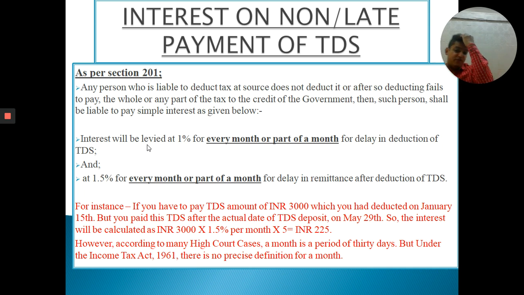1% or 1.5%. Well, let's take an example. If you have to pay a TDS amount of rupees 3,000, which we have deducted in January, but paid this TDS after the actual date of TDS deposit, that is 29th May, so the interest will be calculated at 3,000 into 1.5% into 5 months. Well, the due dates of deposit of the amount of TDS deducted per month we will be studying later on, but